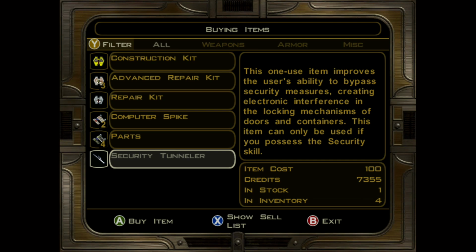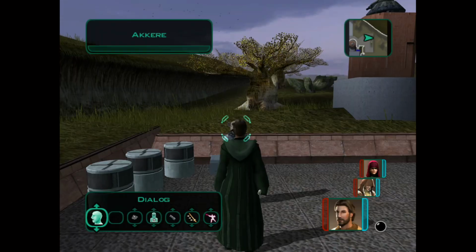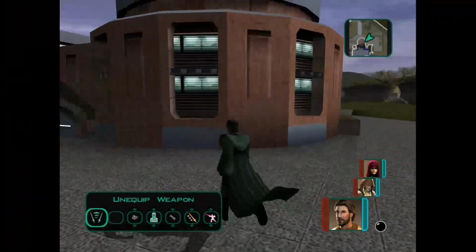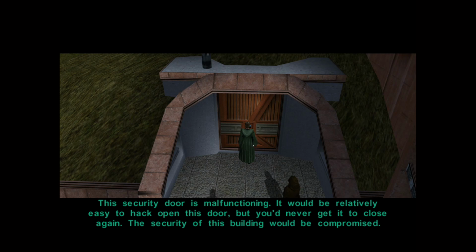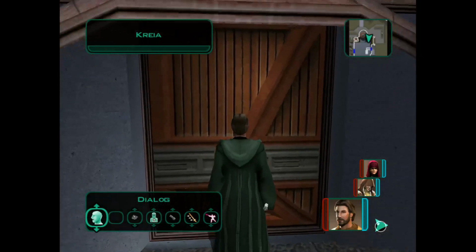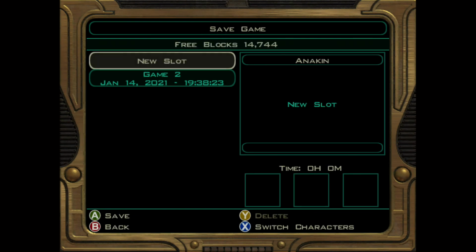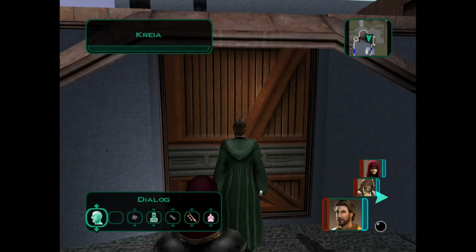This one-use item improves the user's ability to bypass security measures, creating one-time use item parts. Alright, so he just sells you generic stuff, none of which appear to be useful. The security door is malfunctioning. It would be relatively easy to hack open the door, but you'd never get it closed again. Lock door. Lock down the security door. Open the security door. Alright, tell you what, let's save the game here. And let's open the door, and if there's nothing really worth my time in there, I'll...